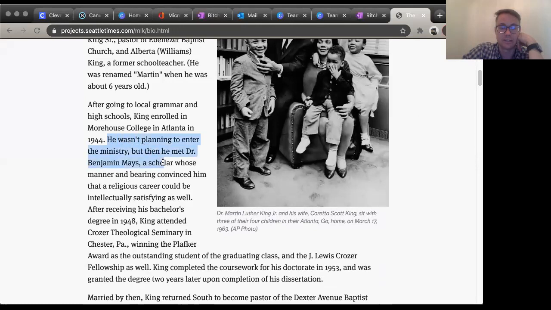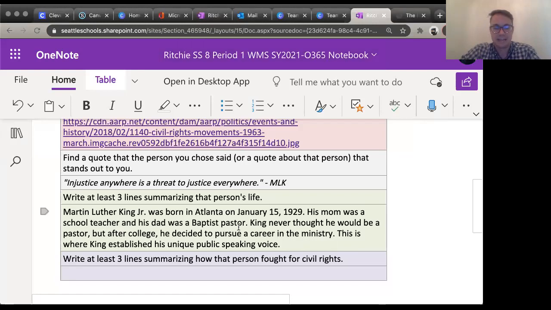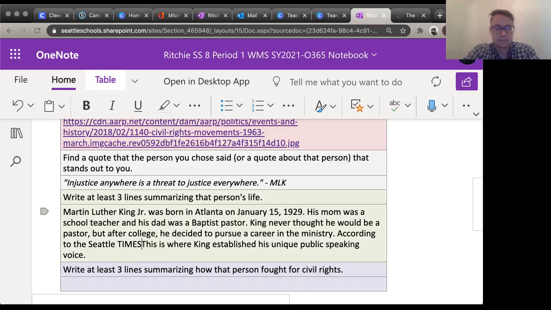He wasn't planning to enter the ministry, but then he met Dr. Benjamin Mays, a scholar whose manner and bearing convinced that a religious career, and so on. Okay, I like that line. So I'm going to add that right here, and I'm going to do the same thing that I've done in the past. According to the Seattle Times, that's the name of the website,